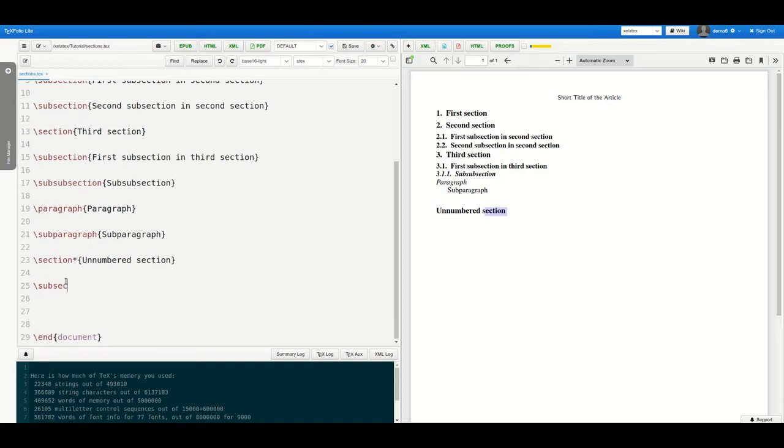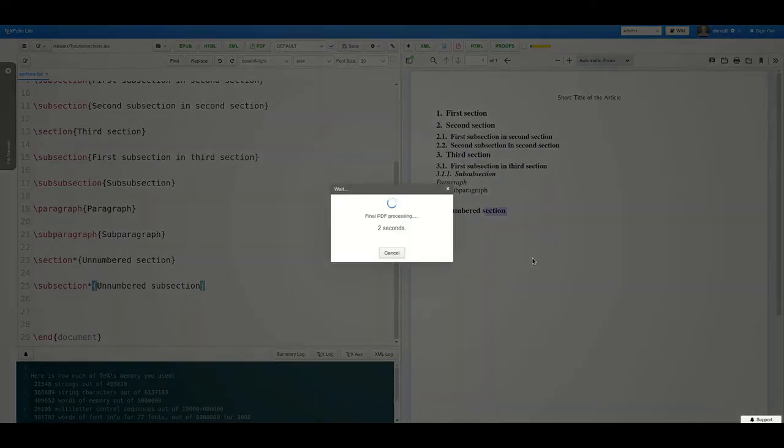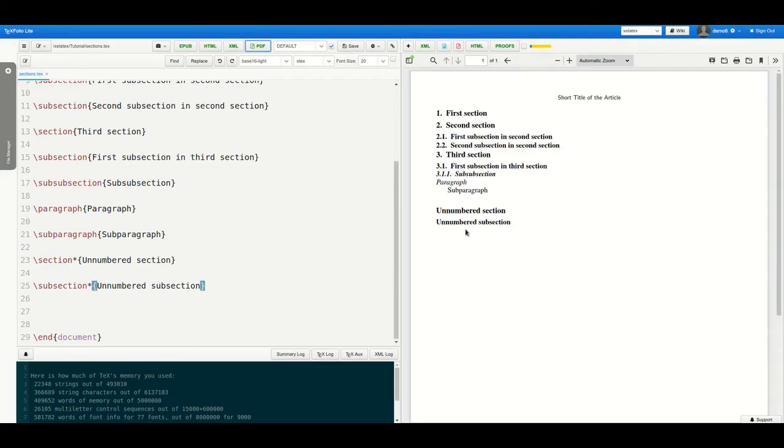You can use subsection star for unnumbered section for subsection commands. Here it is displayed. Starred version can be applied for all the numbered section commands.